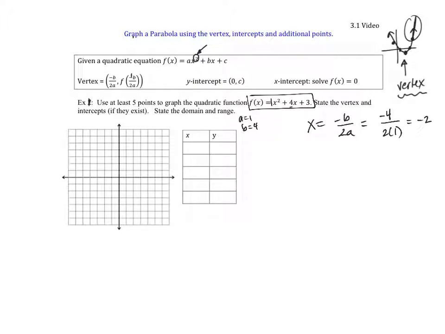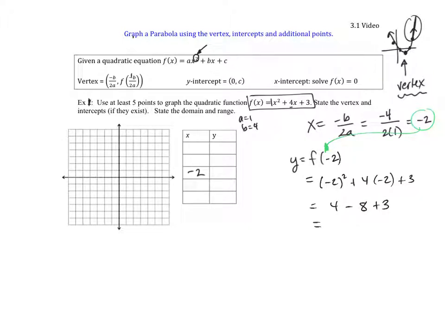That's the x value. The y value, we just plug that number we just found right into your function and figure out the output. Okay, so in that goes. And so we would get negative 2 squared plus 4 times negative 2 plus 3, and we're just working out the output there. So we'd get 4 minus 8 plus 3, which would be negative 4 plus 3, which is negative 1. Okay, so if we start here at the vertex,